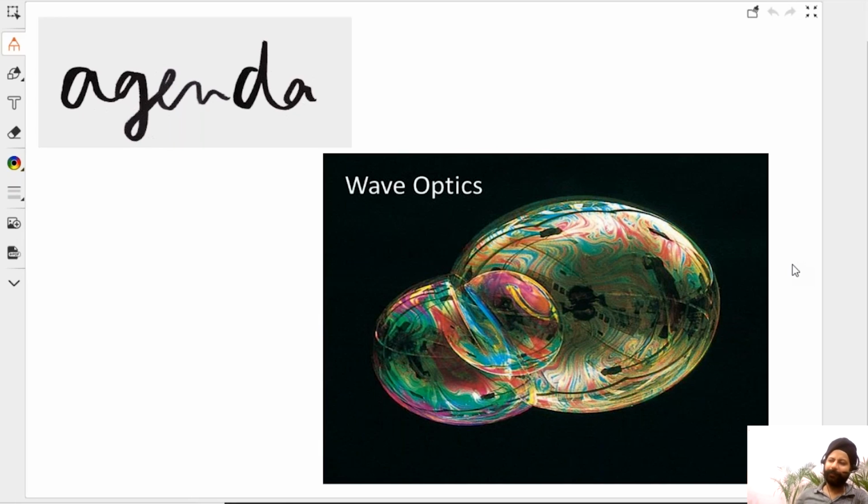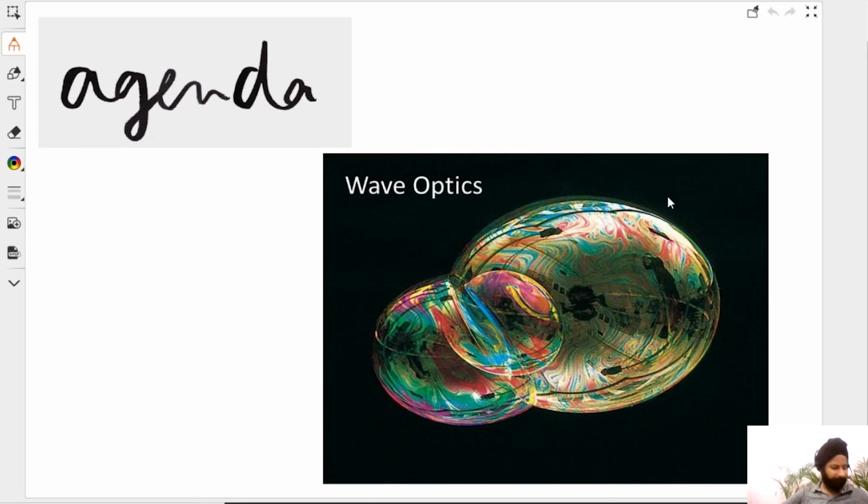That is a soap bubble. You blow bubbles, right? Like take a soap bubble. Have you noticed, even in the CD, compact disc, you might have seen the colorful pattern there, right? So these colors are thin film interference. That is part of your curriculum. So we will study that.